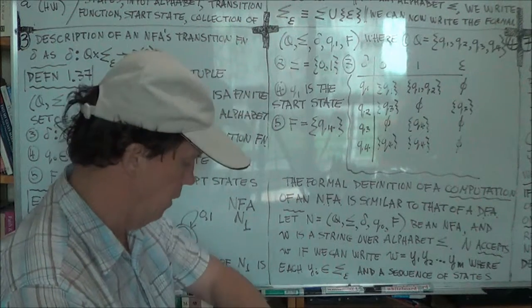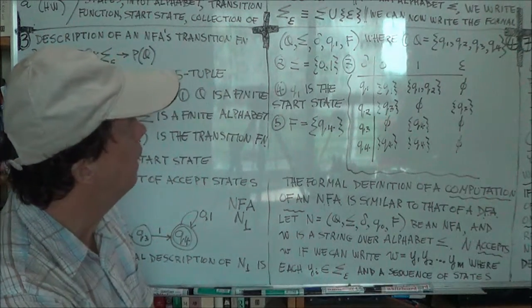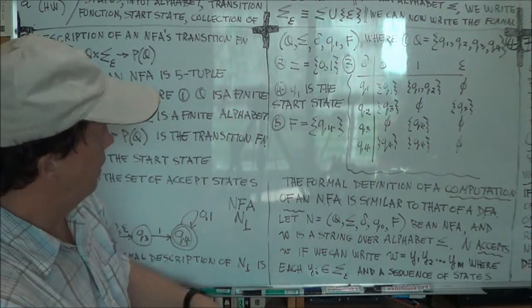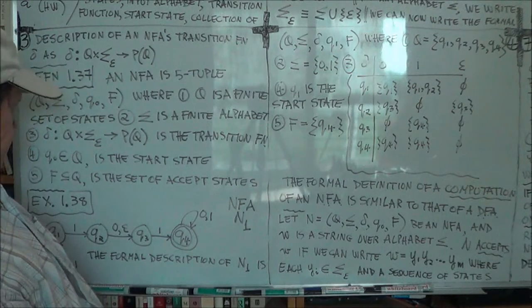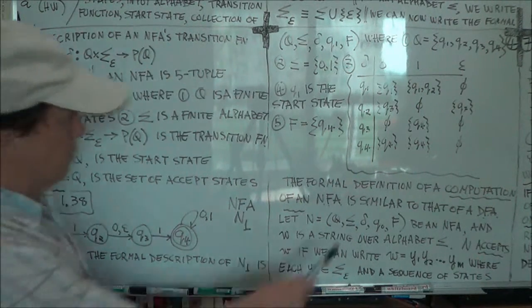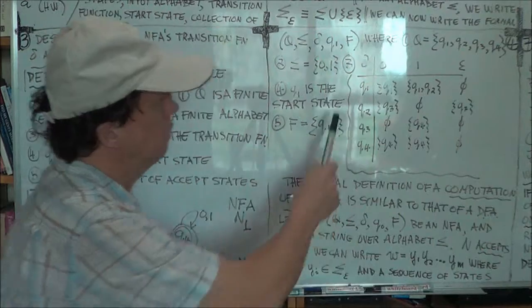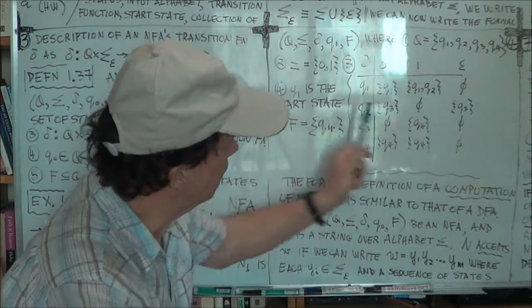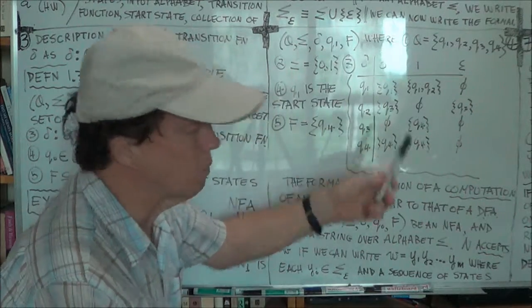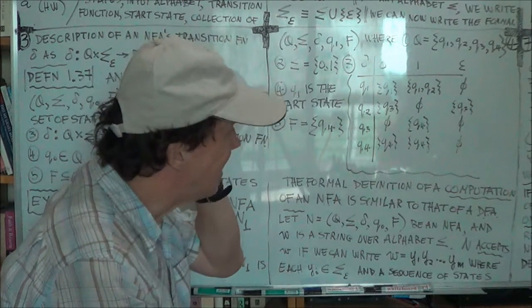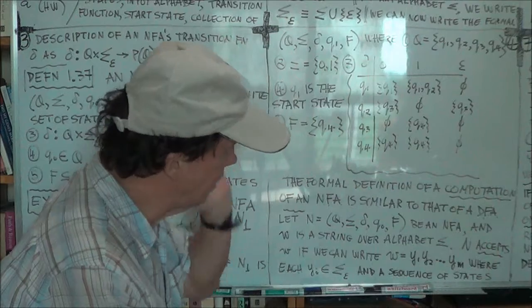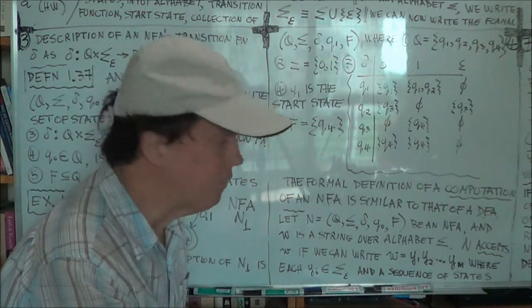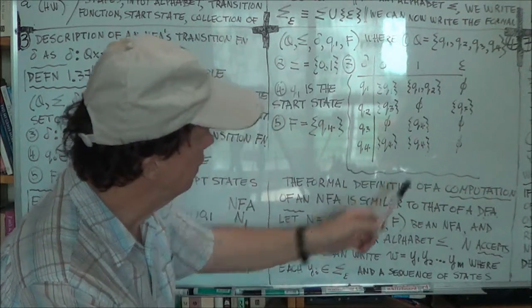FA. So here it is. Now there's quite a few details there, and you can construct this transition table, because it's obviously a table, right, with rows and columns, and sort of like a matrix. So it's a table, and here are your next states, or a set of next states, because